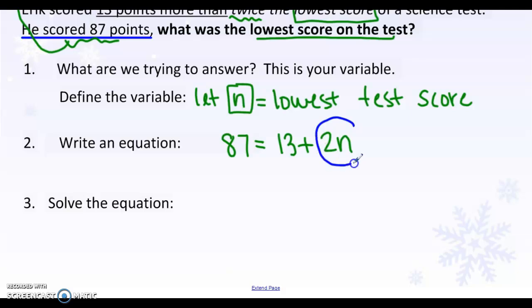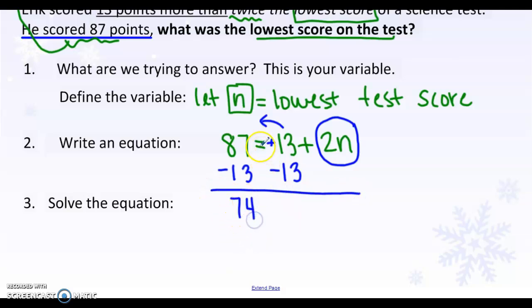Here is the term with the variable. So that means we need to kick out the constant term because our whole goal is to get the variable by itself. Right now 13 is being added and 13 is positive. So to undo a positive 13 and move it, we are going to subtract 13. This leaves us with 74, bring down the equal sign, positive 13, negative 13 cancel out,